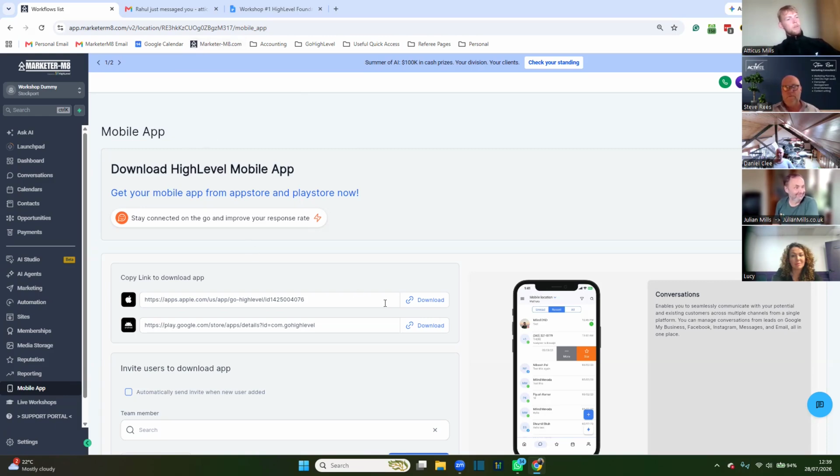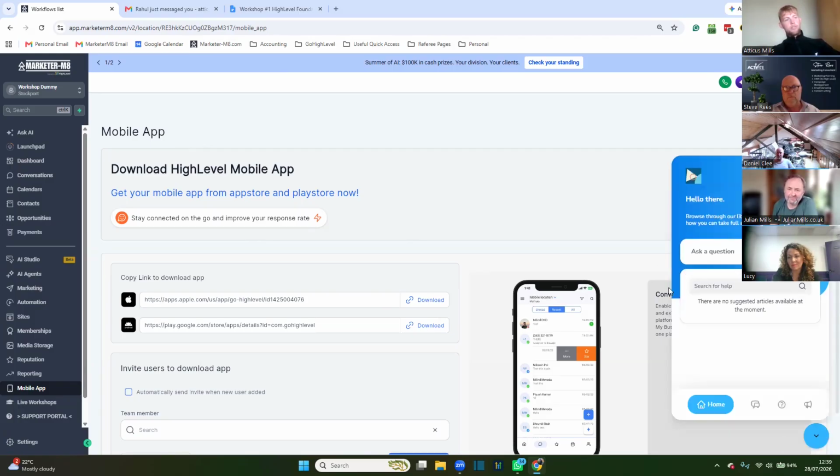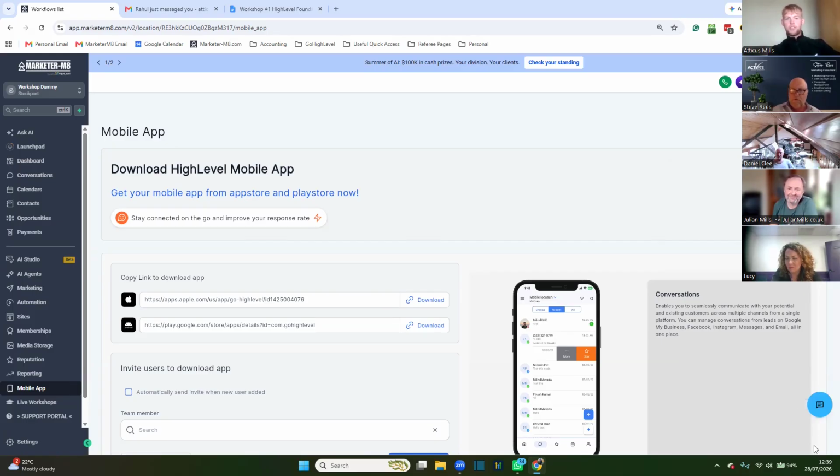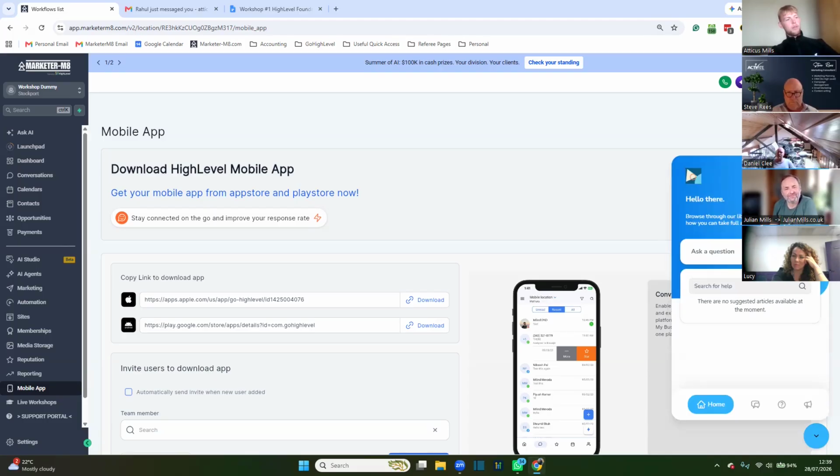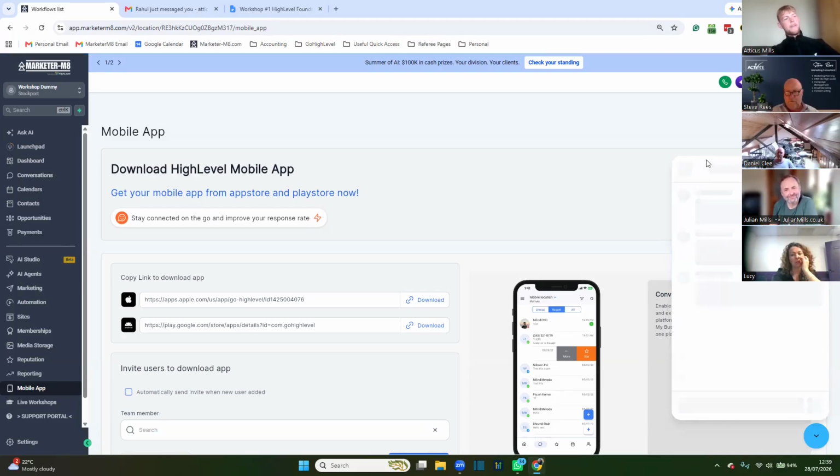So as a Marketing subscriber, we pay for 24/7 tech support, which is down here. This little annoying blue button, which is always in the way when you want to save something. To move it around, you hover over these grey dots and you can try and drag it. It doesn't always work, like it's not working right now, but it will eventually. So here's your tech support. Firstly, you'll be taken to an AI support, which will try to answer your questions for you. But to get past this, all you do is just type in real person,